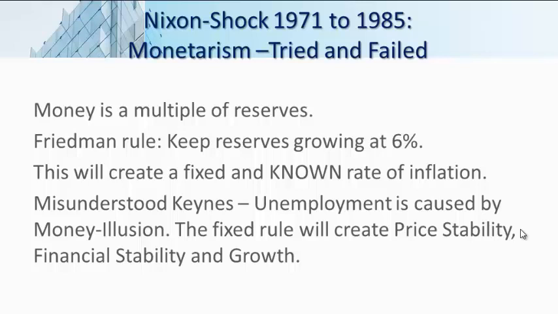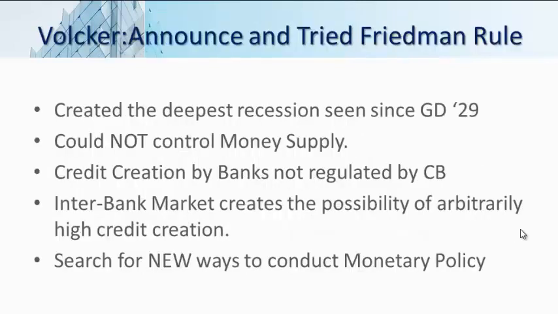So this was the idea of the Friedman rule. Volcker announced that he was going to follow this rule for the moment, and this failed because it created the greatest depression. It did bring down the inflation rate, but it also caused a huge amount of depression. Volcker kept thinking that this is a short-run phenomenon and it will wipe out, but it did not.